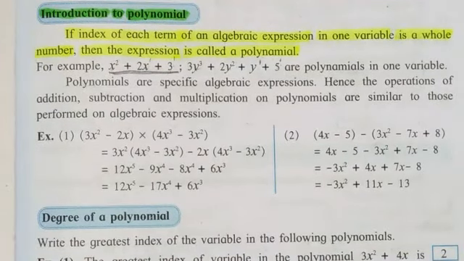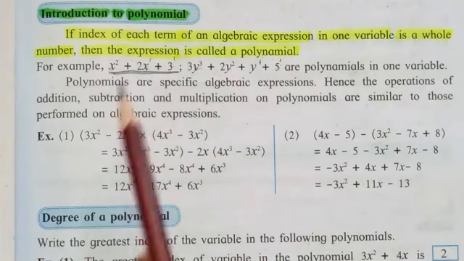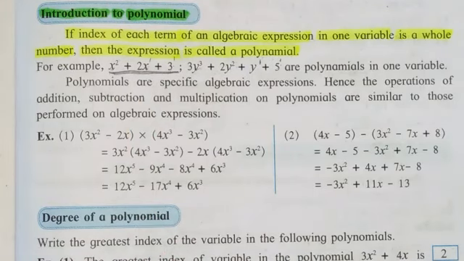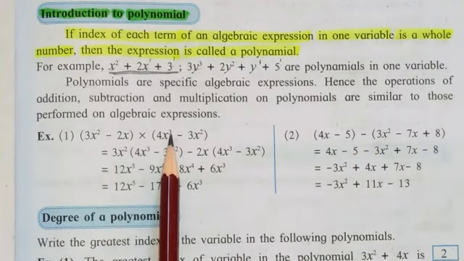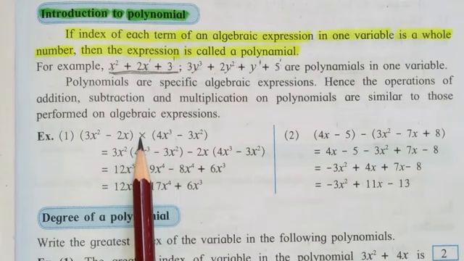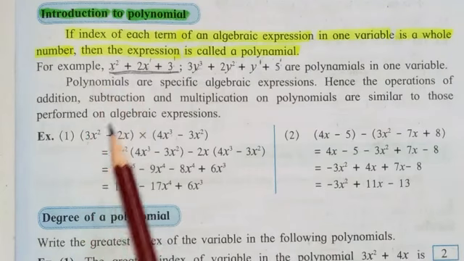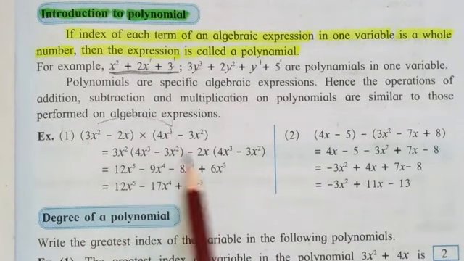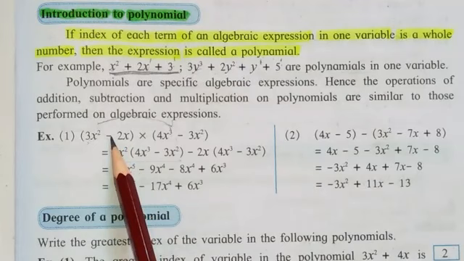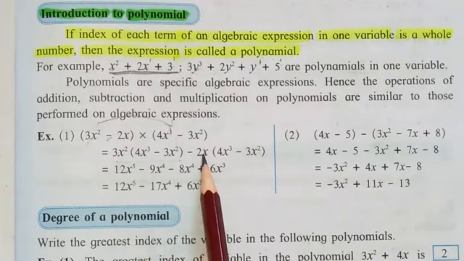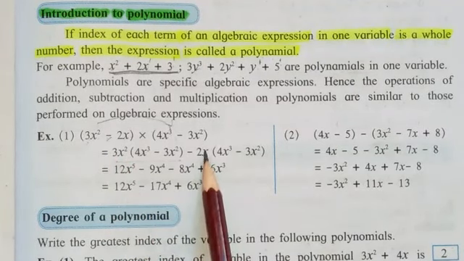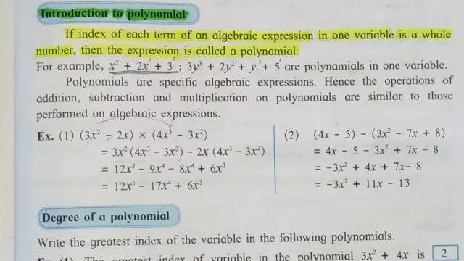Students, in your last standard, you have already studied the addition, subtraction and multiplication of these polynomials, all the algebraic expressions. Let's see 2 examples. If you observe very clearly, this is one binomial and this is another binomial. You have to do the multiplication among them. First, this 3x square we have to multiply with this whole term like this way, and after that you have to pick up this negative 2x and multiply it with the second term.